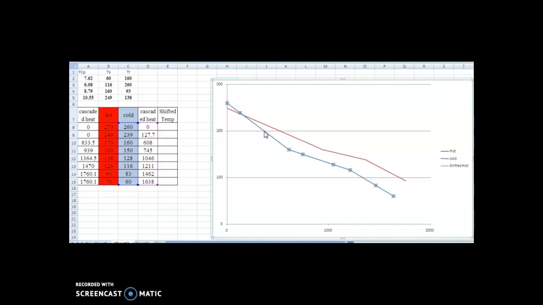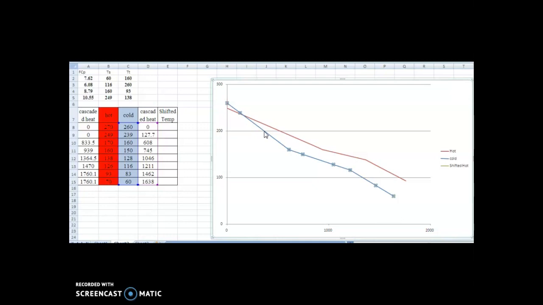Note that the heat flow starts at zero on the right and increases as we move to the left side. These curves are the plot of temperature versus heat flow. They could represent the temperature profiles we would see within a heat exchanger. However, we know the temperature difference of the hot stream in a heat exchanger must be everywhere at least delta T minimum, 10 degrees Celsius. That's why we want to shift this curve to make the profile feasible within the exchanger.